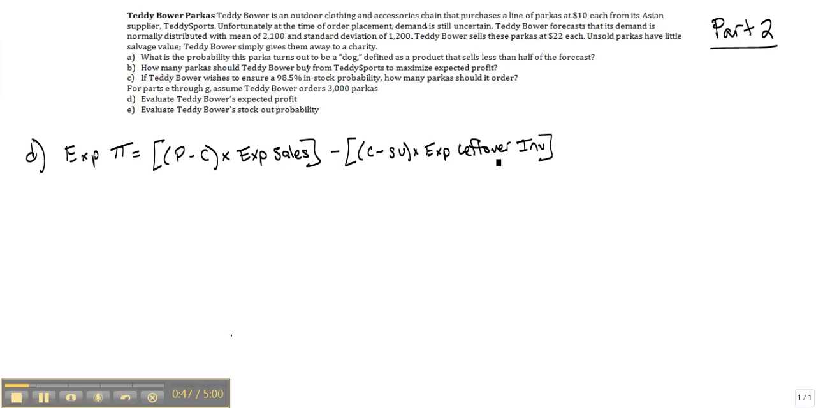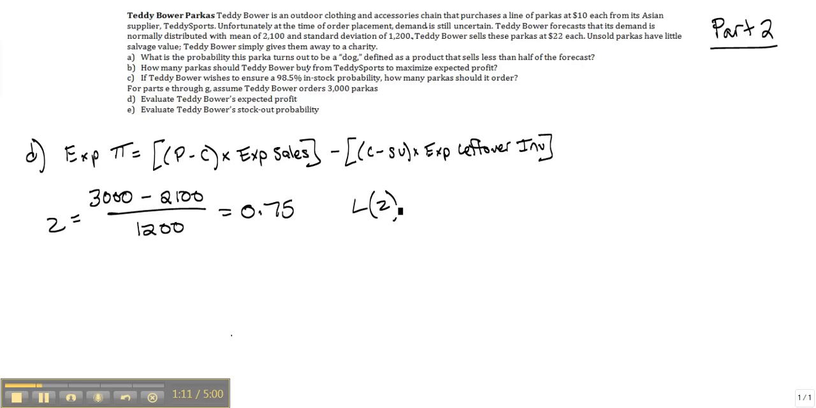In order to calculate expected sales and expected leftover inventory, we first need to determine the expected lost sales. So when we know that we have 3,000 parkas ordered, we can normalize that using our standard Z formula, and we get a Z value equal to 0.75. When we look that up in the standard normal loss function table, we realize that that corresponds to a value of